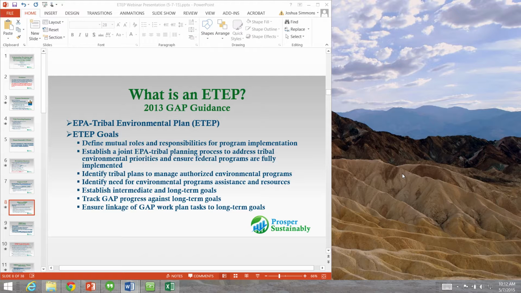The EPA, or the ETEPs, are also seeking to establish a joint EPA-tribal planning process to address tribal environmental priorities and ensure that federal programs are fully implemented. And I'm going to talk about each of these in more detail, and what these actually mean, as we progress with the presentation. Another goal is to identify the tribe's plans to manage authorized environmental programs, and that is a piece of language that I think has been confusing for some tribes. I'm going to elaborate upon